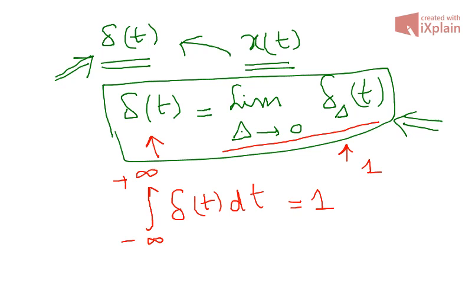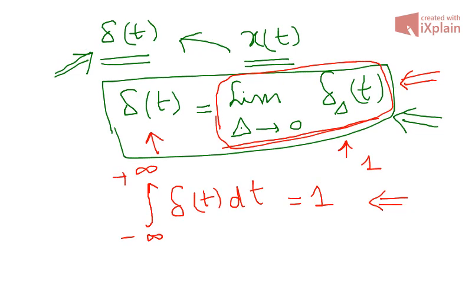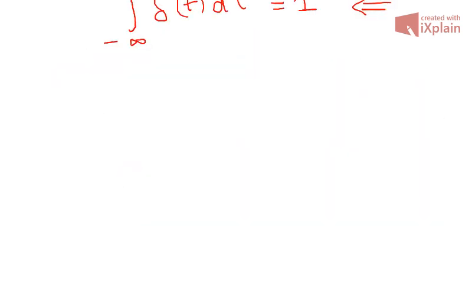So this integral is basically unity because the area is unity, as we have already seen. So if we integrate the unit impulse from minus infinity to plus infinity, it's unity. Now